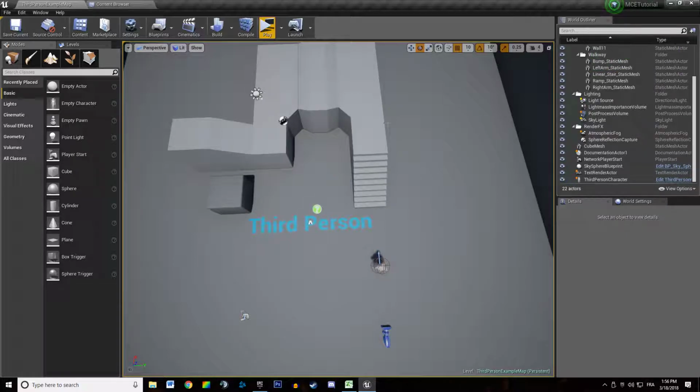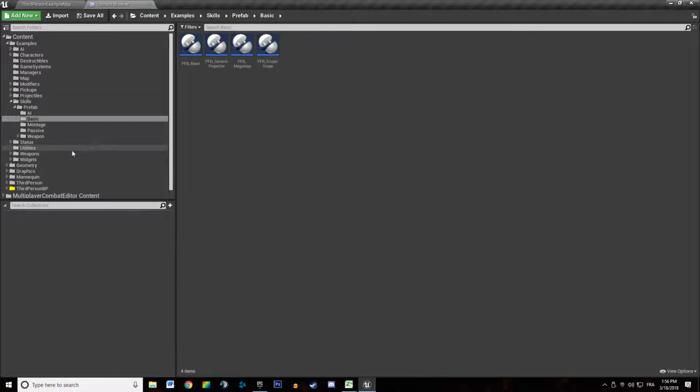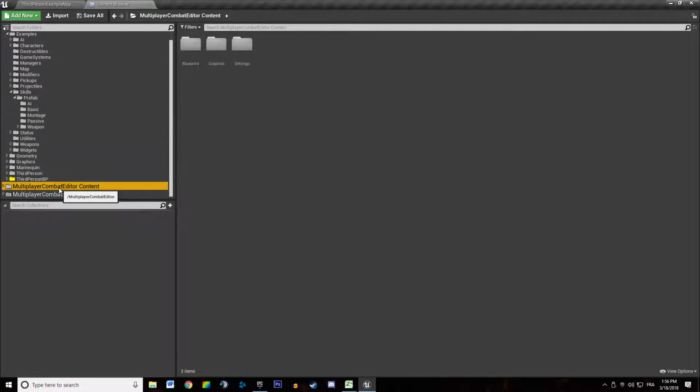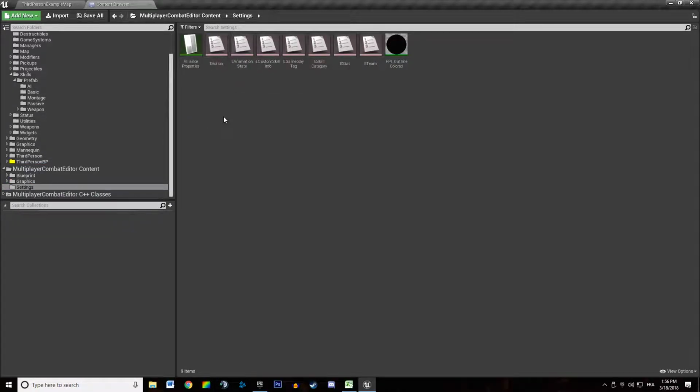Hey, welcome everyone in this new video tutorial about the multiplayer combat editor. In this video we're going to learn how to customize our alliances properties. So we're going to go in our content browser, we're going to go in our MCE folder, settings folder, and